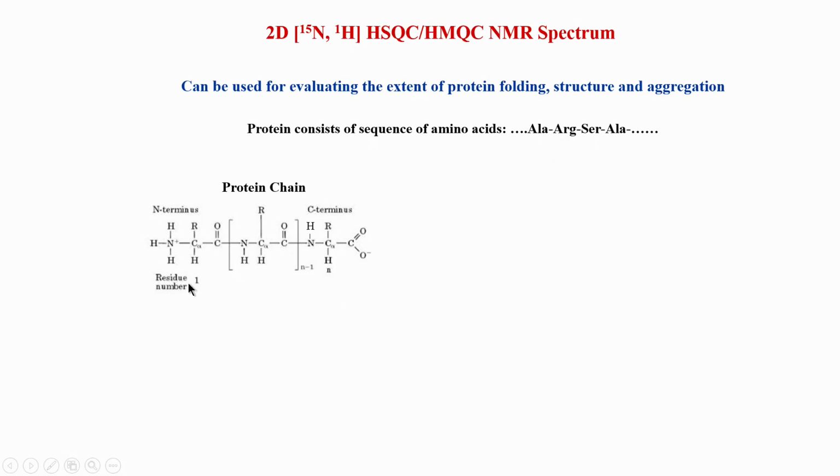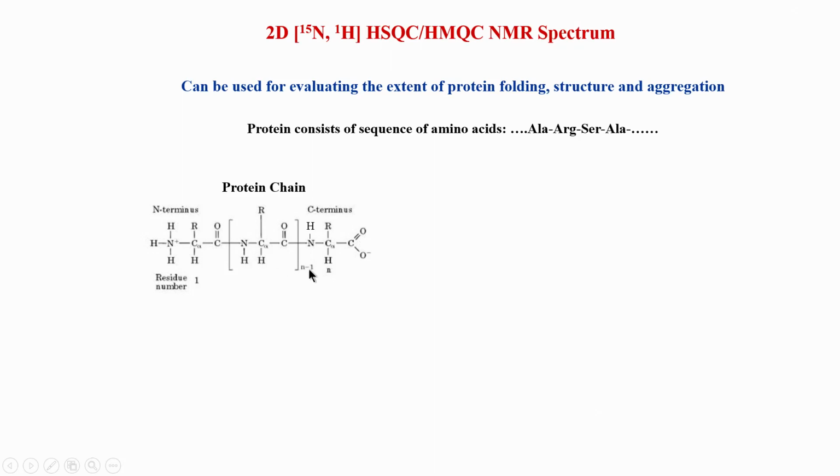You can see here there is residue number 1, it belongs to the N terminus. Now, at the N terminus of a protein you have NH3, okay, it is not NH, NH comes only in the peptide bond. So, the terminal amino acid has NH3 and that exchanges rapidly with the solvent. So, normally you will not be able to capture this NH correlation, but here you have NH in the peptide bond.